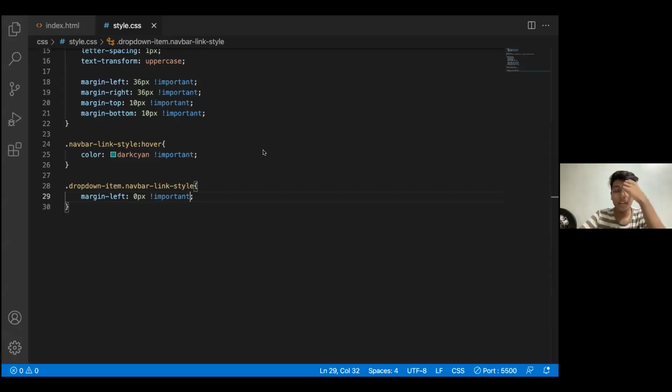So I use important. It's upon you. If you want to use important, you can, or you don't, but there are certain things in my CSS that are important to me. So my CSS file looks first at the things that are important, gives them priority, and then the others.